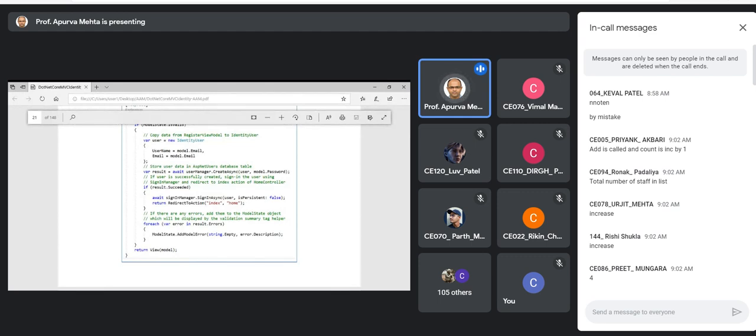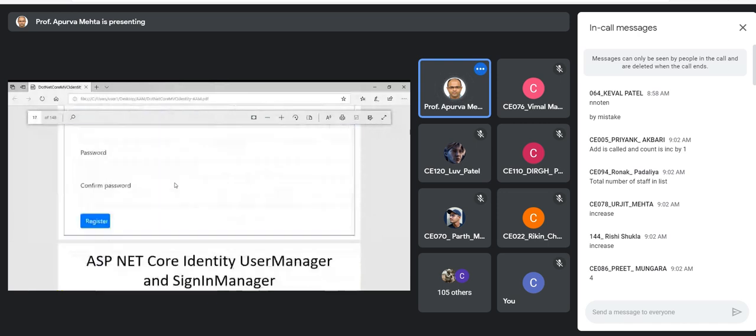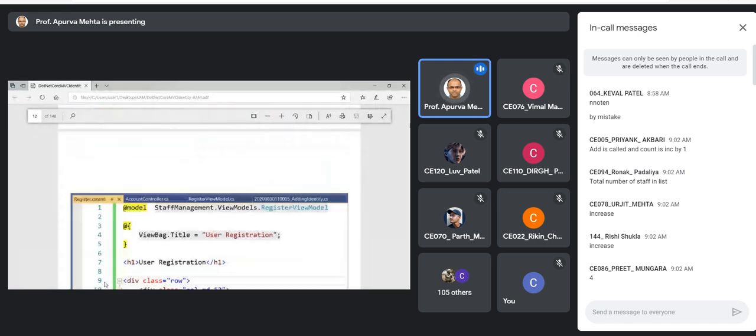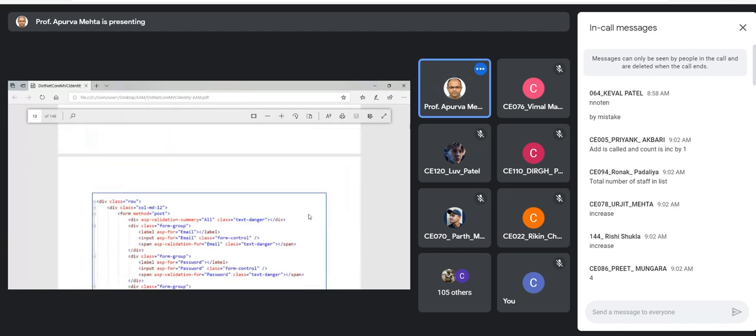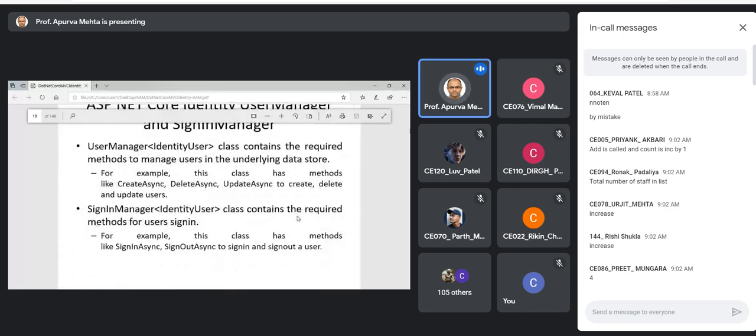Yes, but first we'll take the question of registration, so it will be clear to you for login as well, I believe. So here you can see in the user registration page, which model are we using? Register view model. We are not using the identity user model, right? We are using the register view model. So data is coming from the register view model when we are trying to register. Okay. So here, when the user clicks on registration,